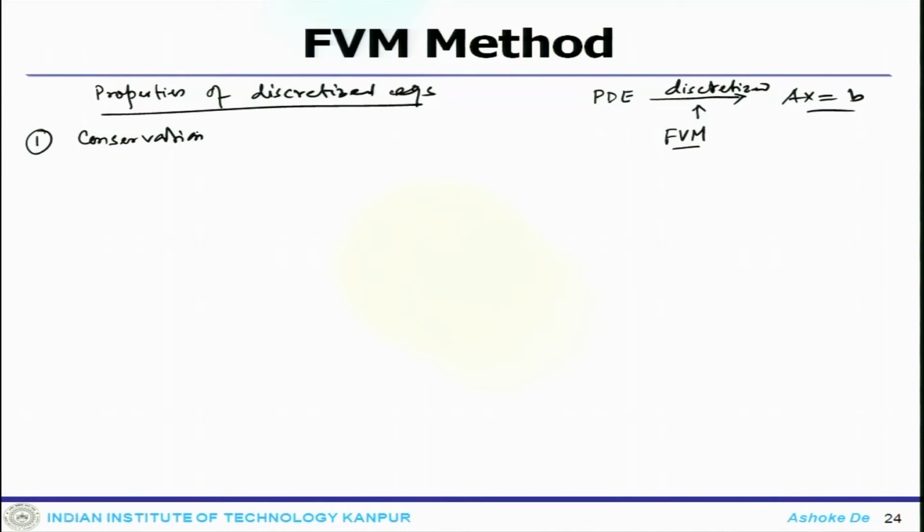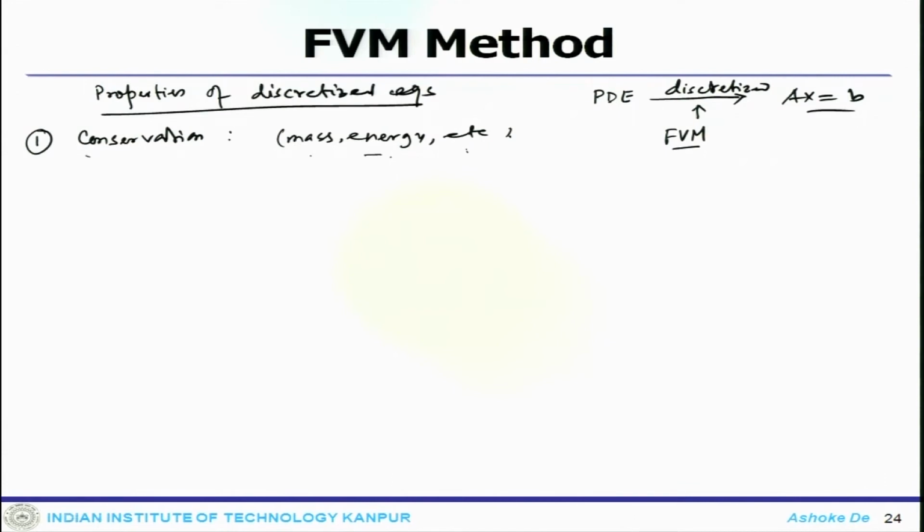Okay. That means all the conservative quantities like mass, energy, etc., they must be conserved even after discretization. So, what is important here is that we start with our mass equation, energy equation, I mean basically momentum equation, energy equation, continuity equation, all these conservative properties like mass, energy, they must be conserved in the discretized equation. You cannot afford to lose the conservation property.